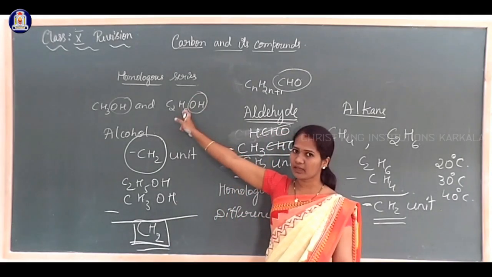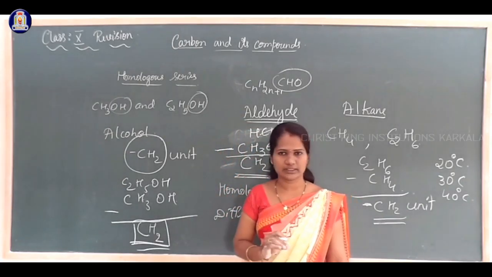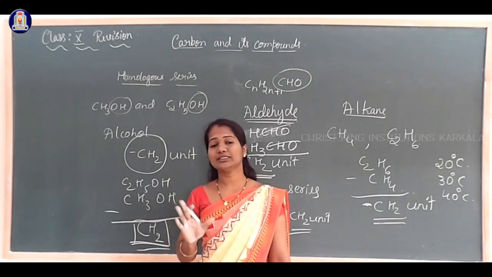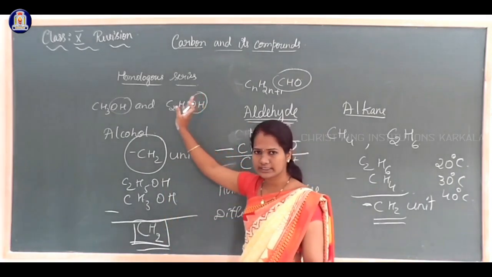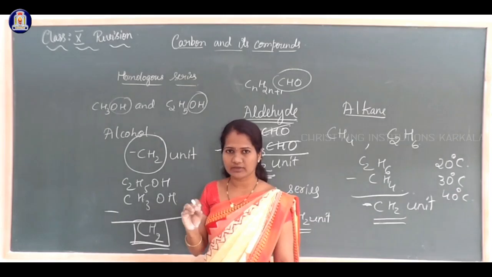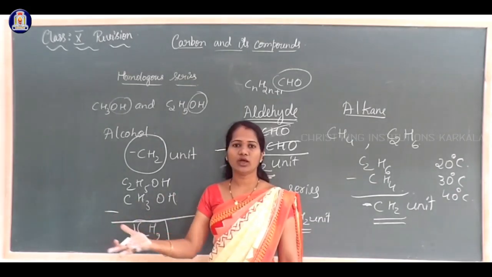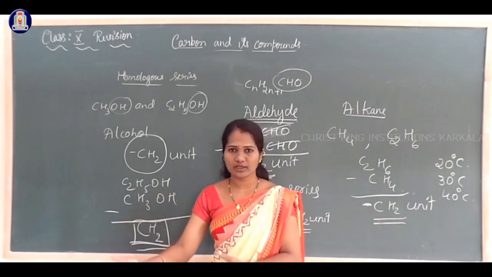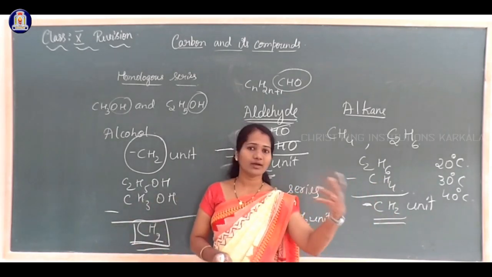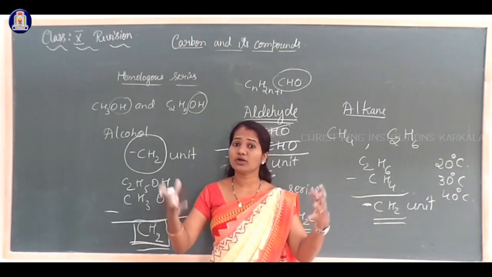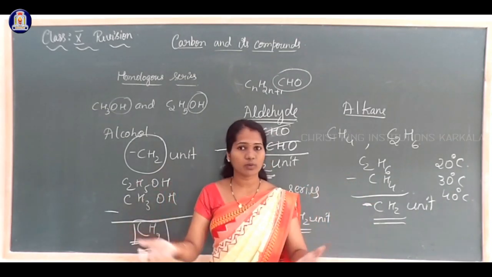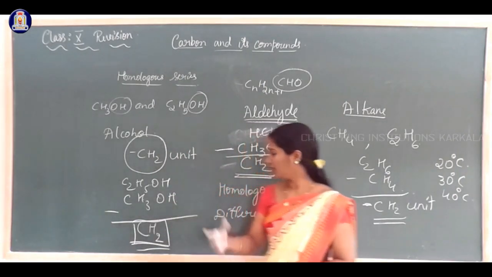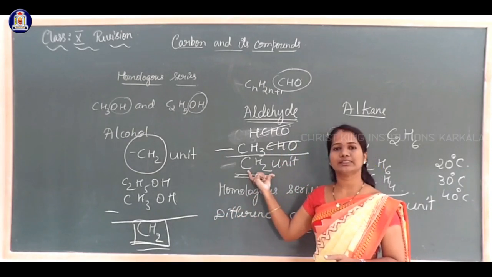They have the same chemical properties since the functional group is the same, but there is regular gradation in the physical property. That is the main property of a homologous series. If any compounds are given, and you have to show they form a homologous series, you can't show their boiling point or measure their melting point while writing. It is not possible. So there is only one way to show they form a homologous series: by showing the difference is CH2.